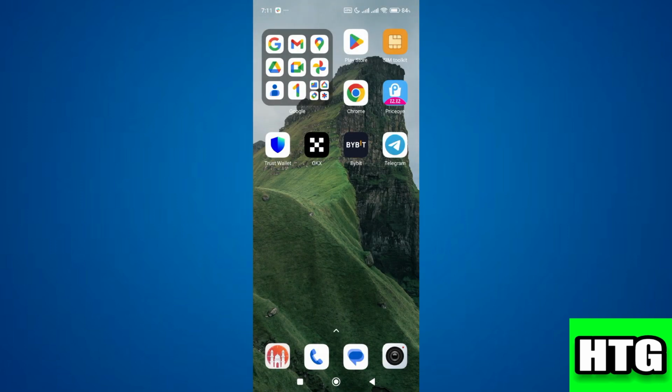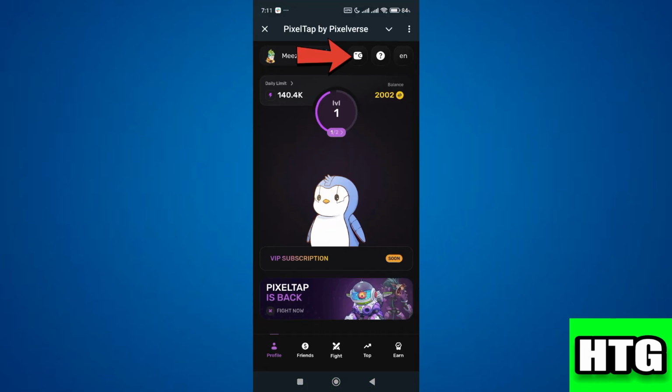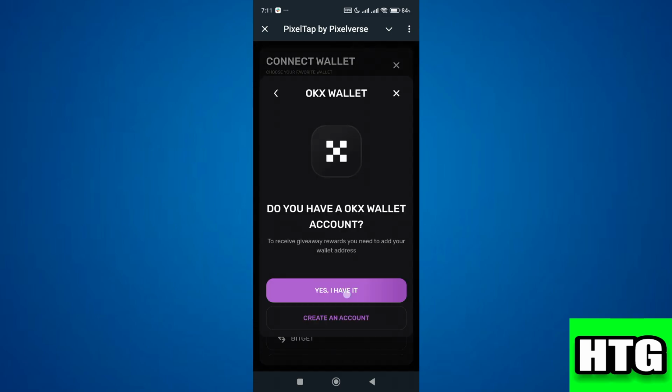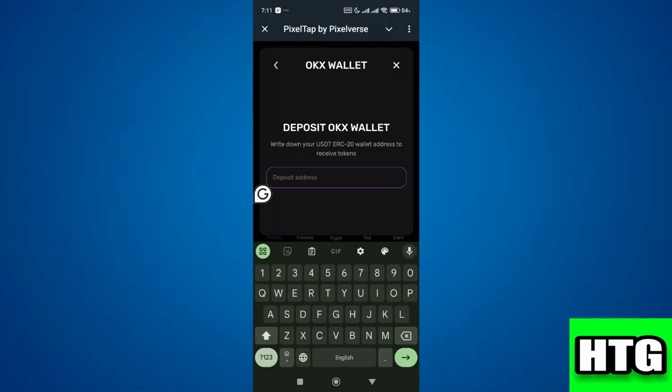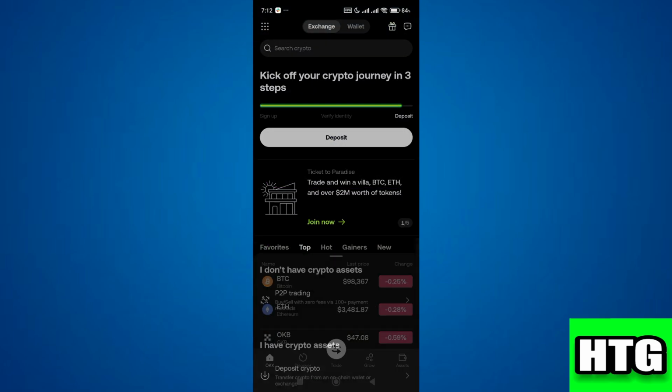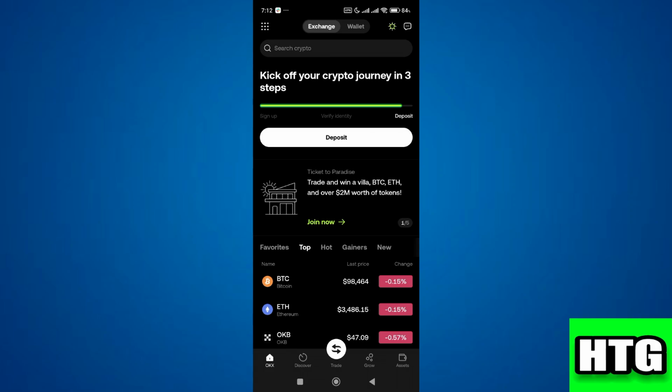So the first thing that you want to do is open the Pixelverse Dashboard and click on the Connect Any Wallet button. Over here, you will see a list of wallets. Select the OKX wallet. After that, go to your OKX account, then click on Deposit, choose Deposit Crypto, and search